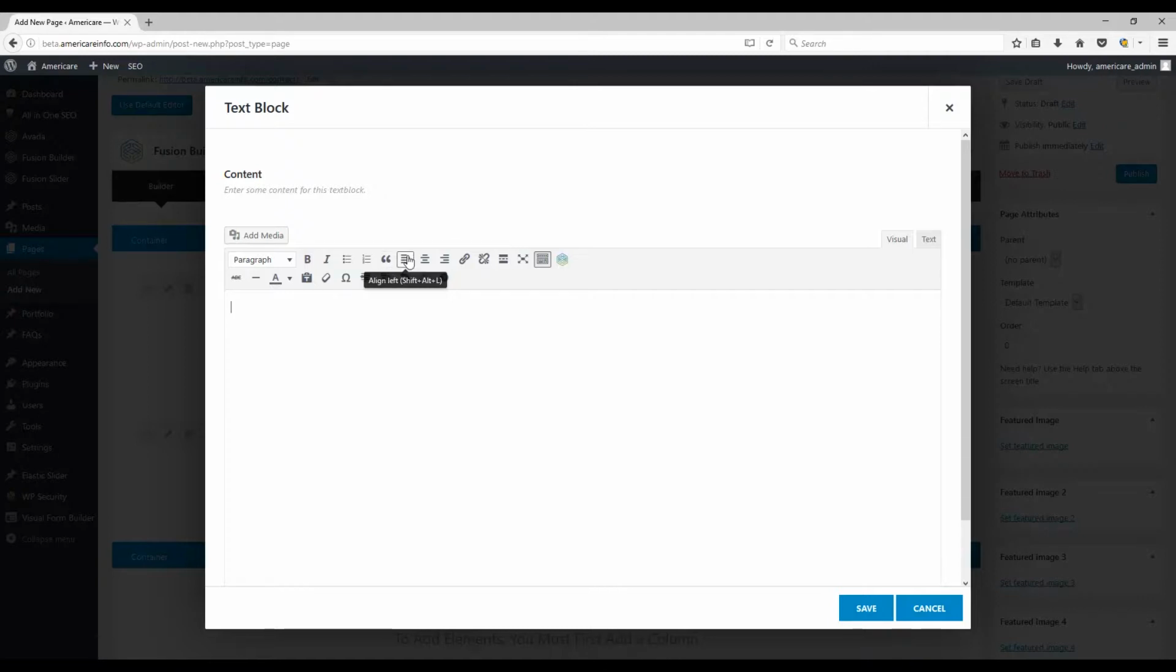We also have align left, which will obviously make the text go to the left side of the container, center in the container, or on the right side. We also have hyperlink buttons for adding links to text. So if I wanted a link to a website,